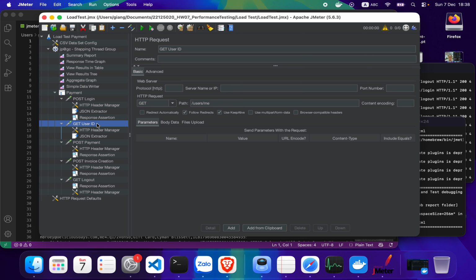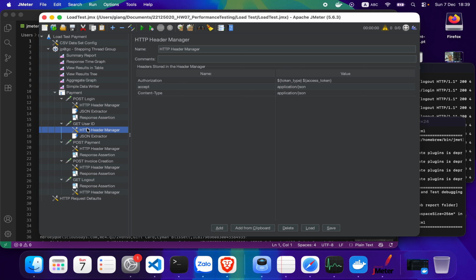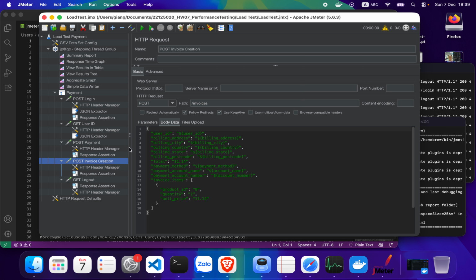And here I have this sampler just to get the user ID. The reason why I have to have this step in the transaction is because in the invoice creation, I need this variable here, and this user ID is generated automatically by the system, not something that I can register through